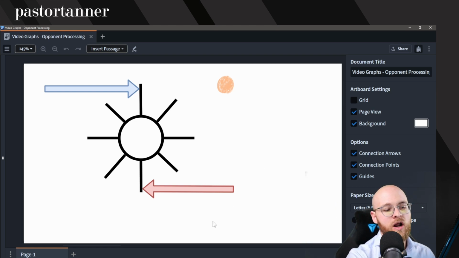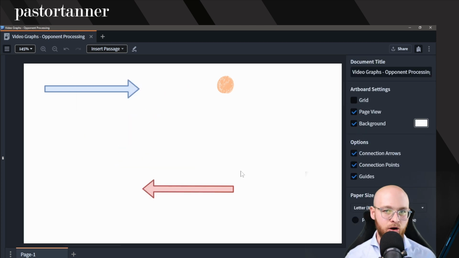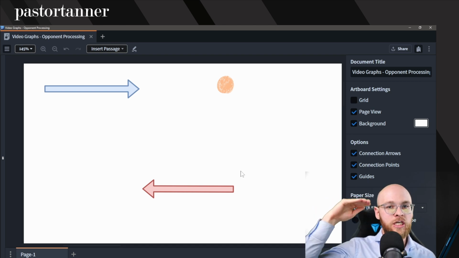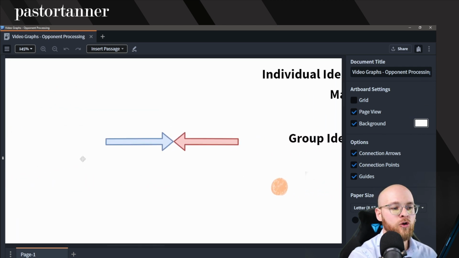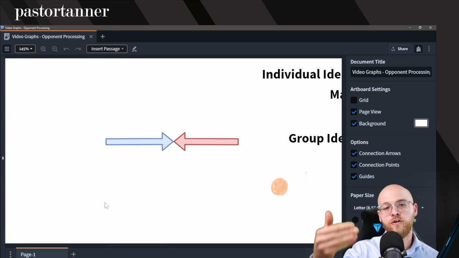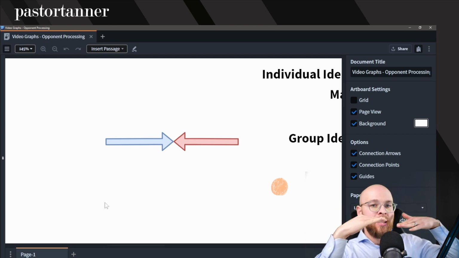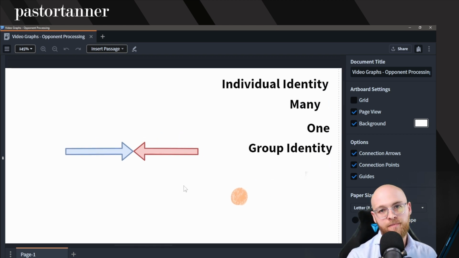But here's the question I want to ask you. If I was to remove the wheel in the center, delete it entirely, and I was to shift this picture from 2 dimensions into 1 dimension, what would this actually look like? Well, what you would get is this. You would get 2 forces that look like they're acting against one another. Because you've taken one of the dimensions out, you have actually led to 2 forces that are in opposition to one another. We have plenty of examples of this in our society and culture.